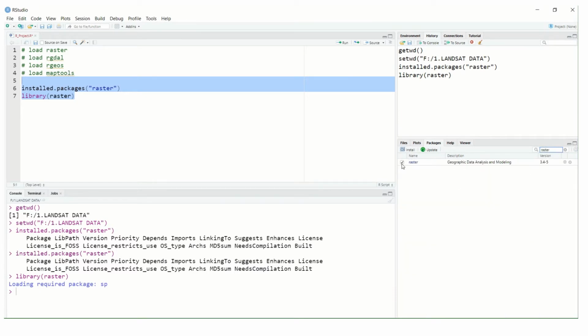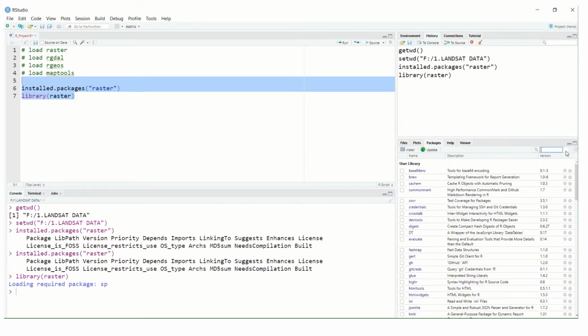Now this is enabled, so you can confirm that it is installed as well as loaded in the R script. If you want to unload it, just unclick, disable this check mark, and then it will not load the raster package.